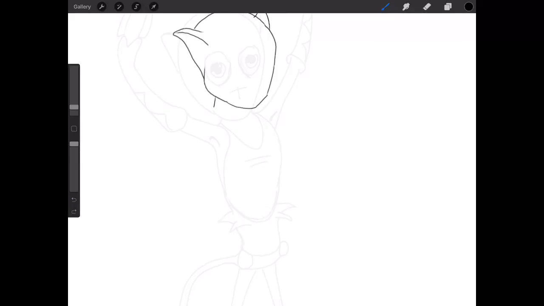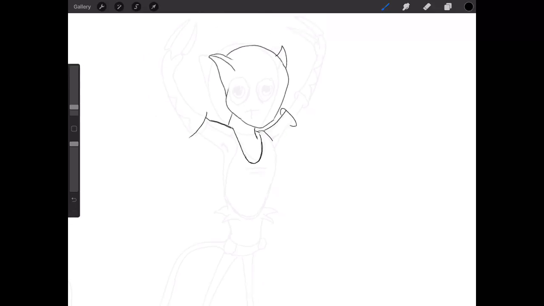Okay, and now this is the part where you're a little more careful, and you're just kind of trying to think, what can I actually do to make this look better? So yeah, that's what we're doing right now. I actually want to make this